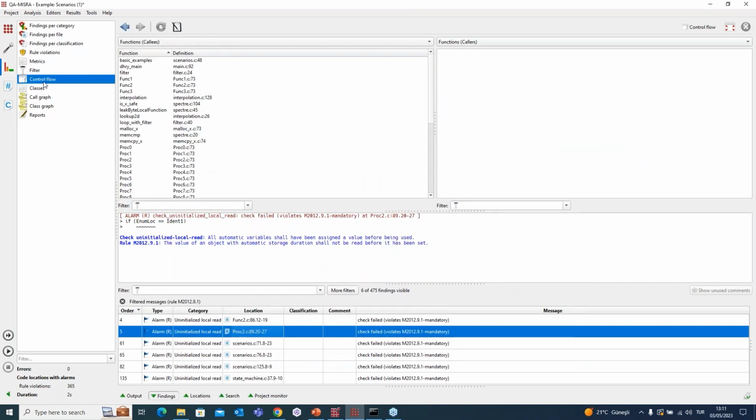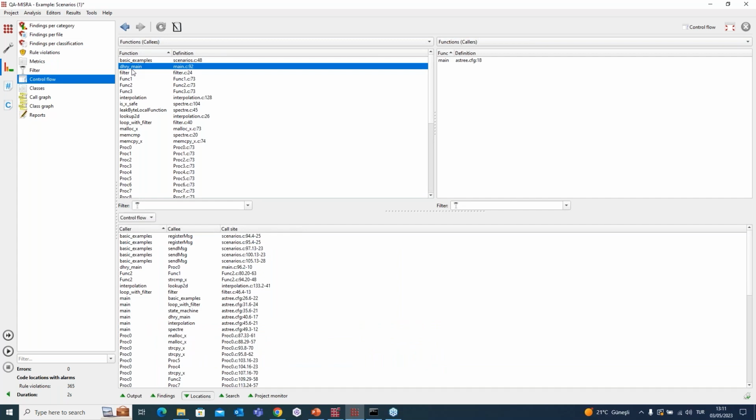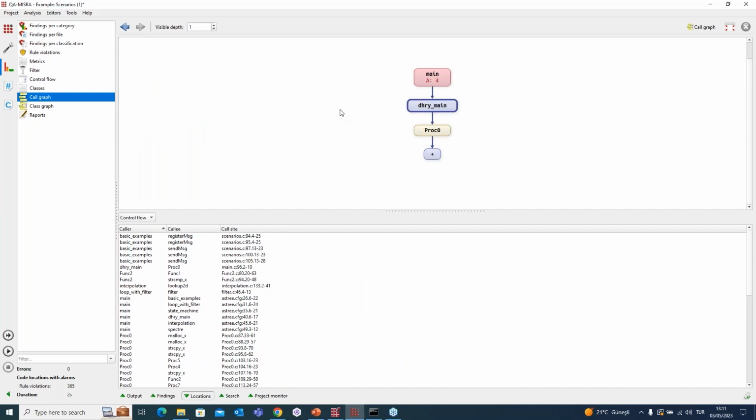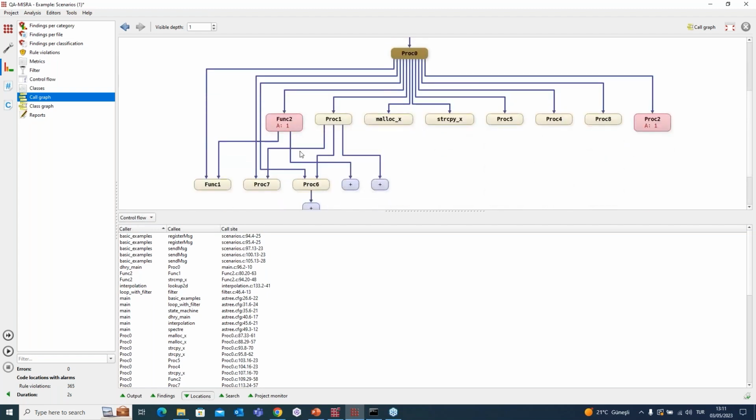Of course, in a testing tool, it is also important to understand the connections of functions with each other. For example, in here I see one function, and if I right click and click the call display graph, I can see this function has a connection with main and proc 0. And if I click this, I can see the alarms and errors on this function. If you go like this, you can move through all functions that connect to each other. Therefore, MISRA also helps you understand the collaboration between functions to help your analysis succeed.